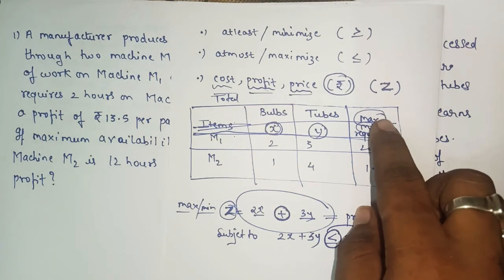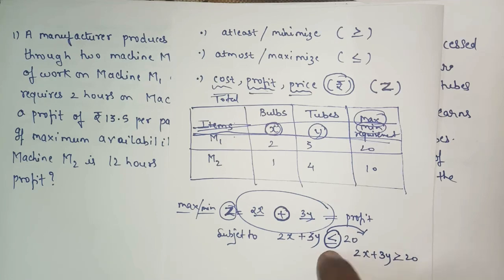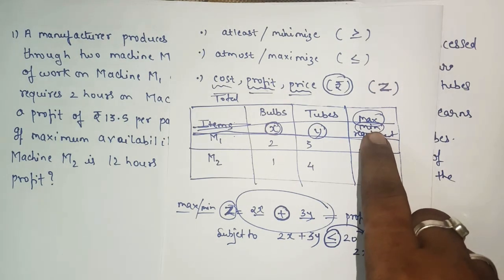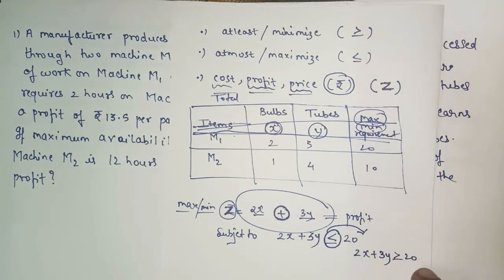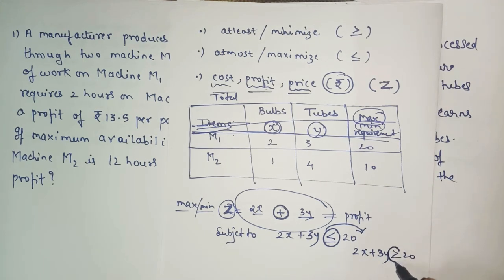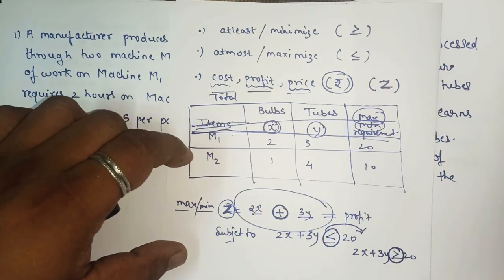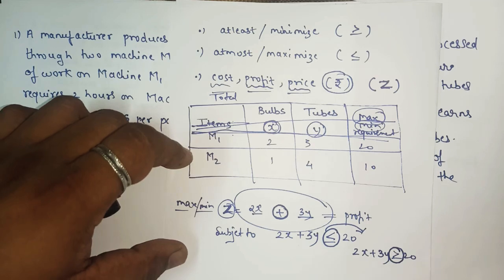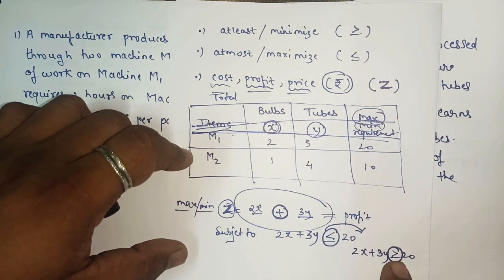So remember, whenever the word maximum comes, when you frame the linear inequation, see to it that less than equal to will come. Whenever it comes minimum requirement, minimum indicates greater than equal to. So when you frame a linear inequation, greater than equal to will come. In this way you have to frame your equation. As when you frame the equation, it will contain less than equal to or greater than equal to, so you will say linear inequation.